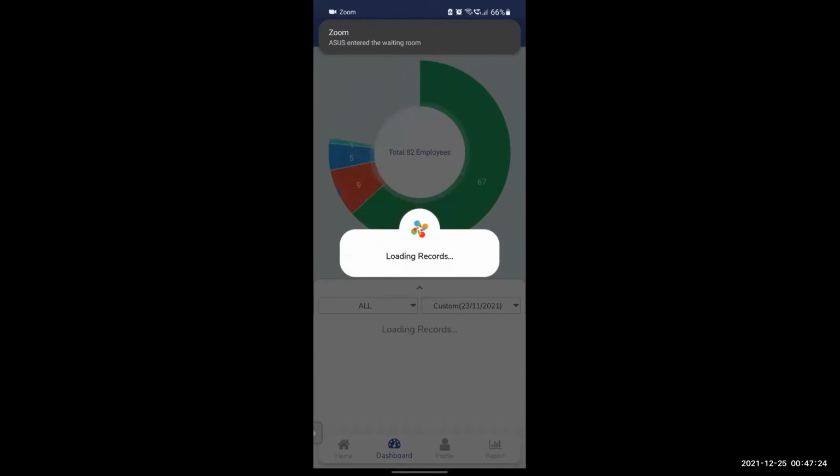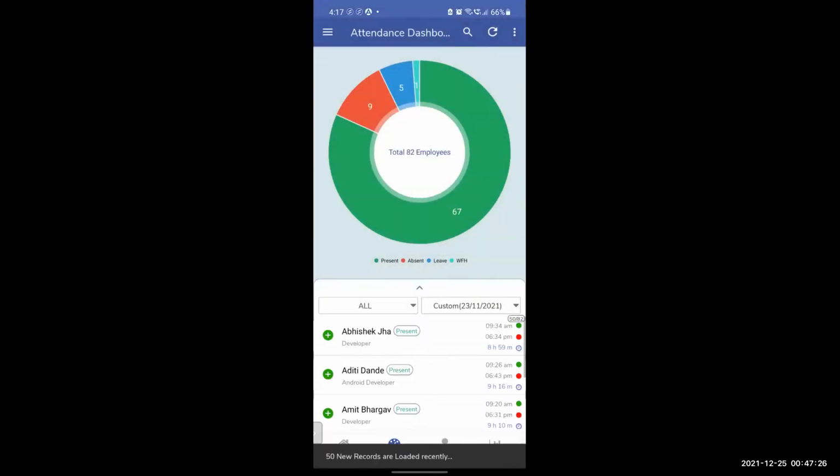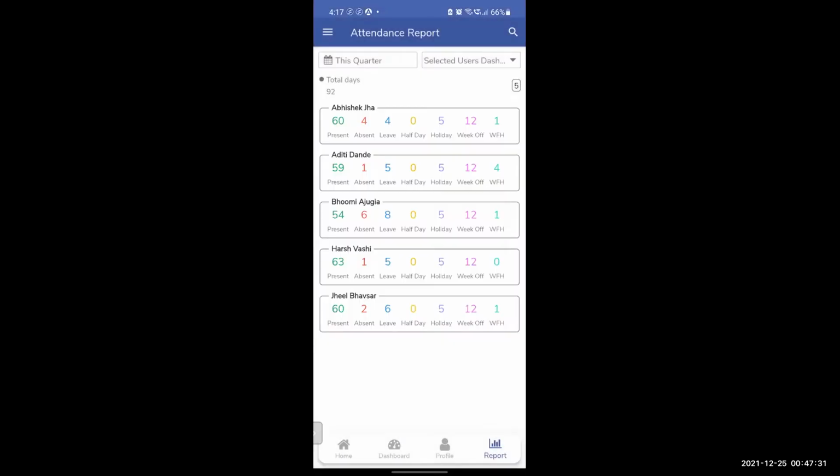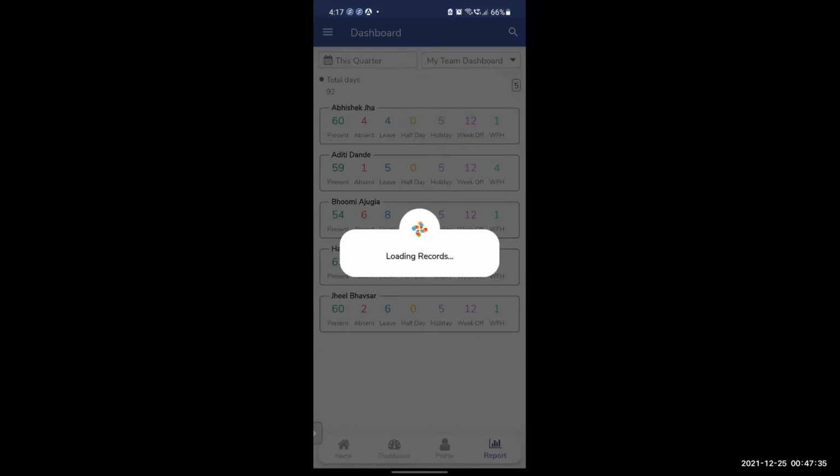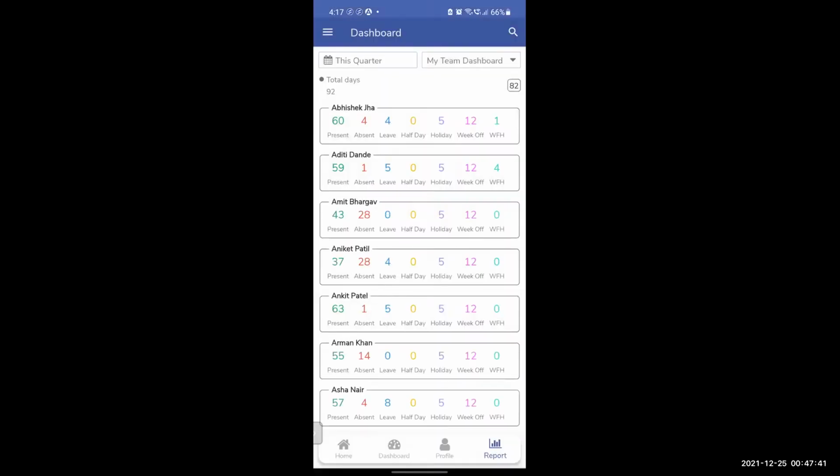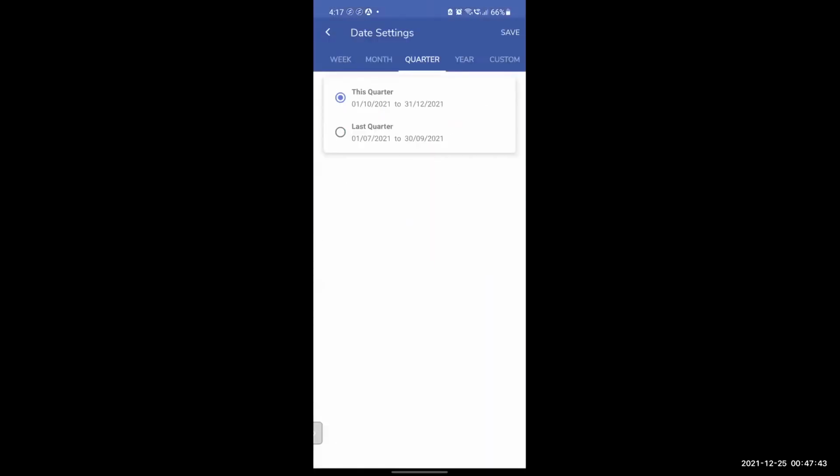What if I want to see multiple days and with multiple users as well? Then I will go to reports. Here I can see my entire team report, or I can also see selected users report, or I can see selected team reports. And from here I can select date, from which date to which day I want to see. Suppose it's for this month, so I can take last 30 days or this month,